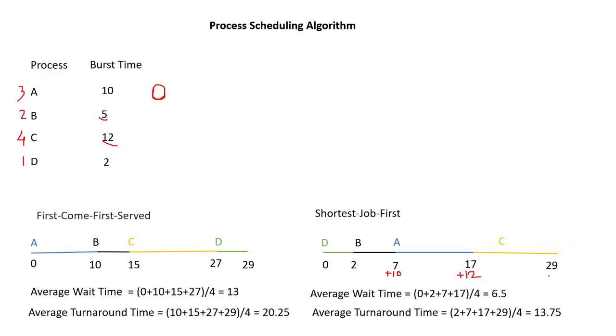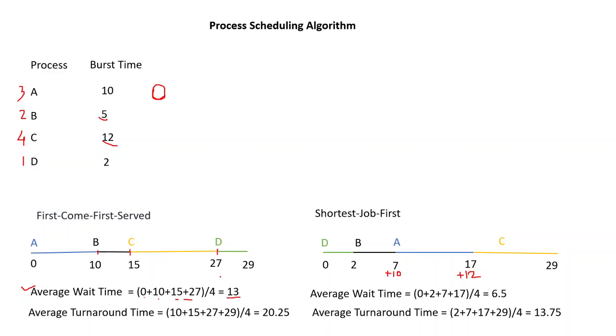So if we compare, A had to wait for 0 time units, B waited for 10, C waited for 15, and D waited for 27 in case of first come first served. So the average wait time is 0 plus 10 plus 15 plus 27 divided by 4, that is equal to